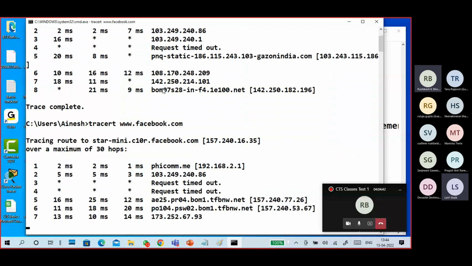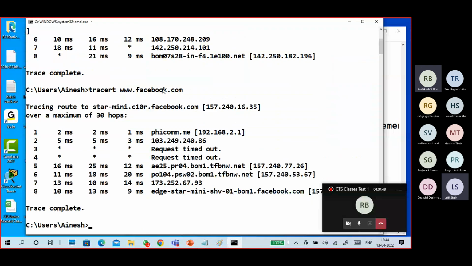You can see from the sixth one onwards it's completely different. I got 157, 157, and finally 173. Because routes are different from Hyderabad to Pune, Hyderabad to Visakhapatnam, Hyderabad to Delhi, or Hyderabad to Chennai. Different places, different routes. Sometimes a certain part is the same, some part is different.